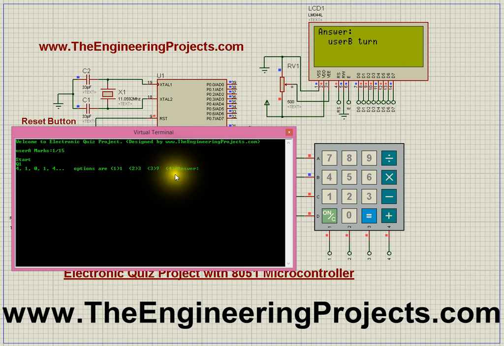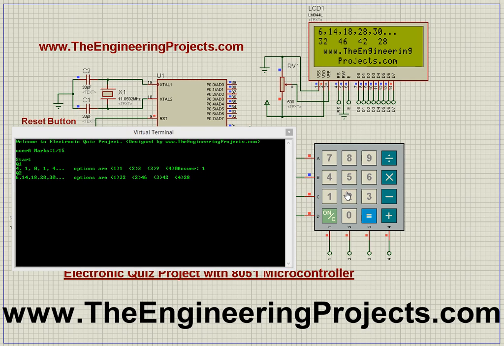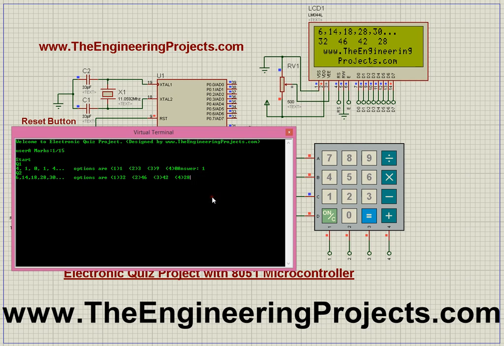So user B here, so I selected 0 here, which was wrong. So now I think it should be, let's say, 1. So I'm gonna give it the option 1, and now it's asking for question 2, and question 2 here is again that one. So I'm giving it any answer like 2. Oh sorry, first I have to select. So let's say I select here 0.